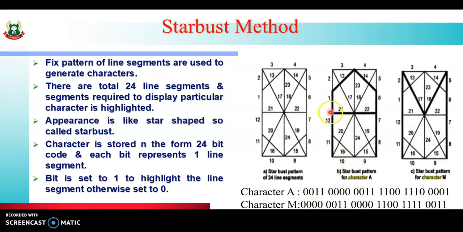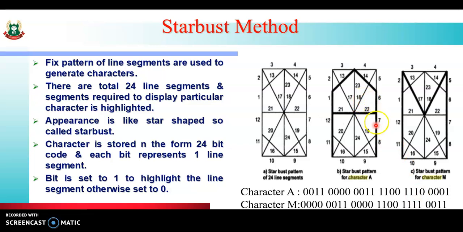To generate character A, line number 1 is highlighted, that's why 1 is here. Line numbers 2, 3 and 4 are not highlighted, so for 2, 3 and 4 we have written 0. Then line number 5 is not highlighted, so bit 5 is 0. Line number 6 is highlighted, that's why it is 1.